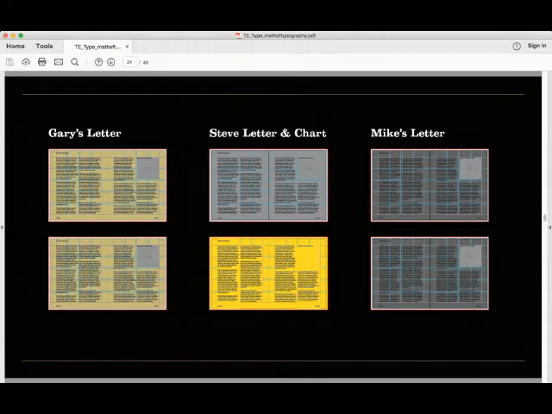Because we estimated 800 words per spread, and the first letter is 1,500 words, we needed 2 spreads. So now I'm starting to count spreads, as you can tell. The second letter spanned 2 spreads also because it was also 1,500 words. The third letter needed only 1 spread because it's only 750. So we just estimated that way. They also have a few charts to support their copy, so we allowed 1 more spread to give it some more room.